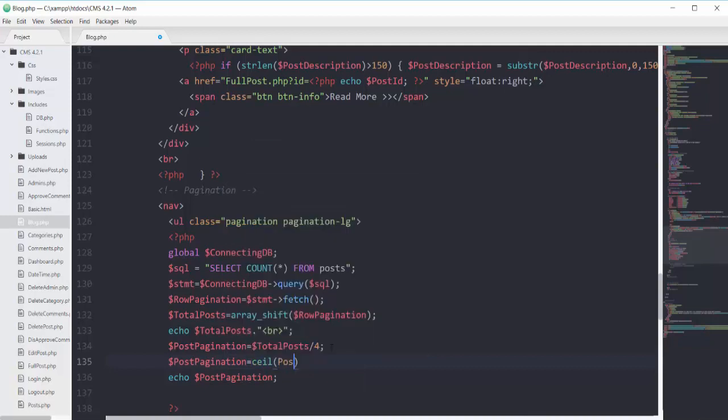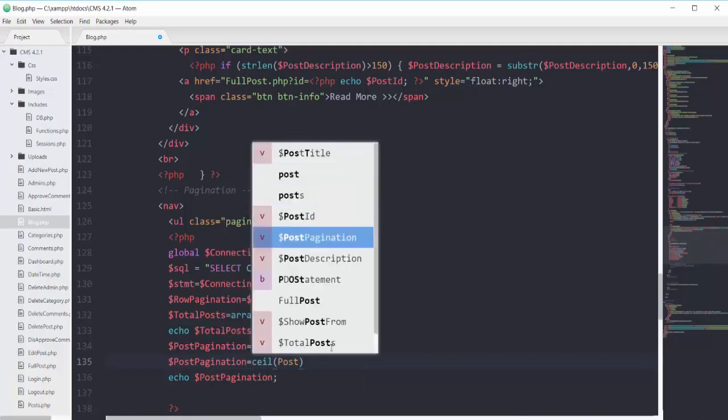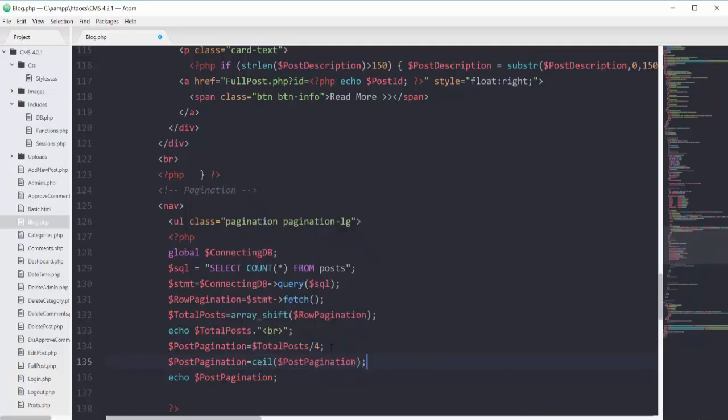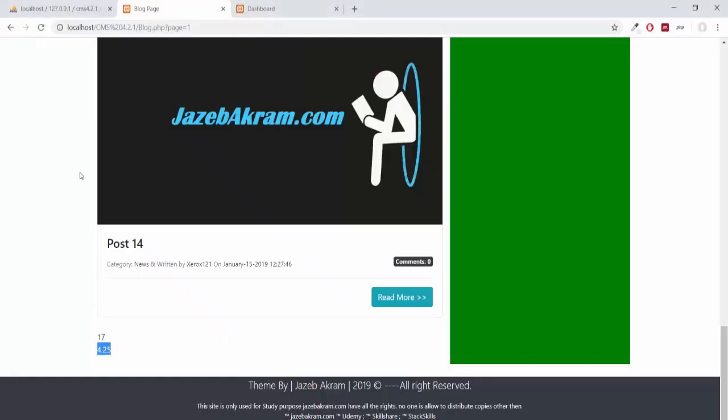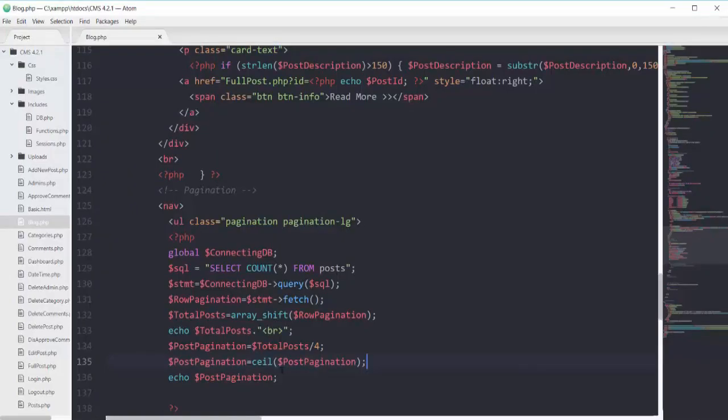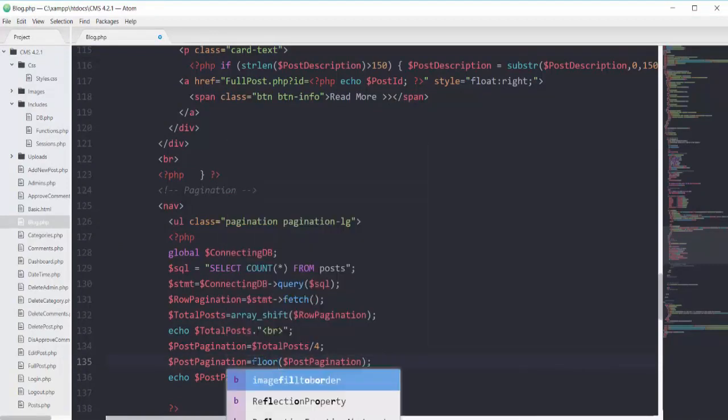Saving this one and refreshing my page, see, now we are showing 5 here. If you want to stick with the 4, you can apply the function floor here.